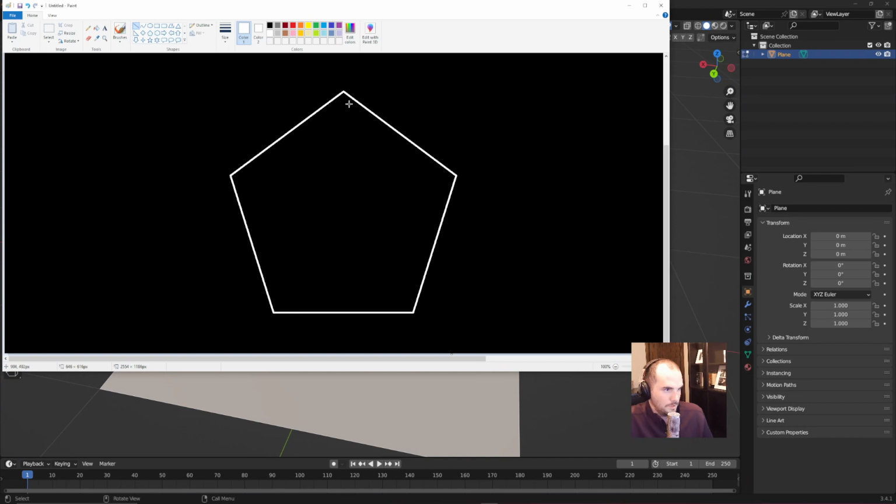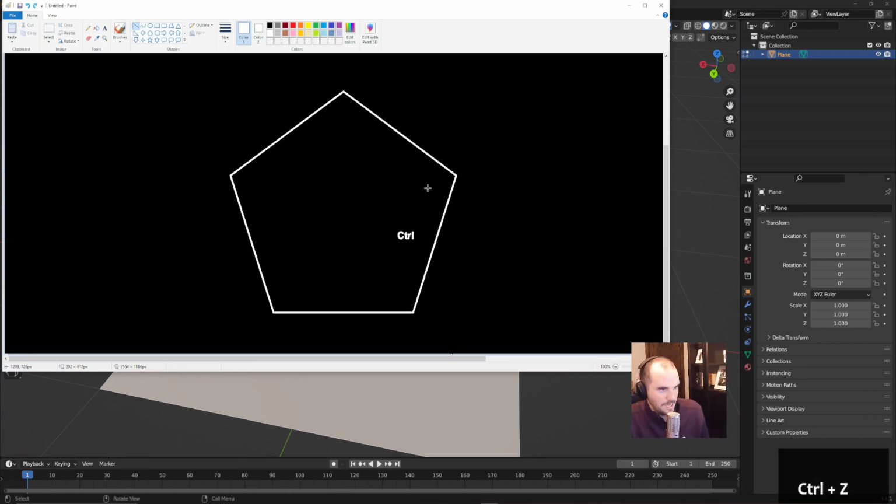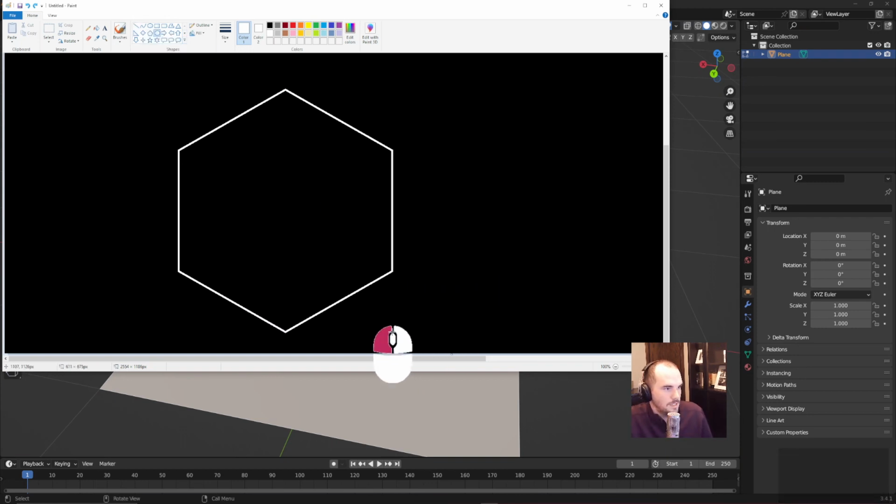So the computer probably goes like, well, I guess we can do this, and then we can do this. Oops. And then we can do this. There we go. Now we got 3 triangles. So the more sides you have, the more dividing needs to happen in order for the computer to comprehend it. So if we have a 6-sided shape like this,